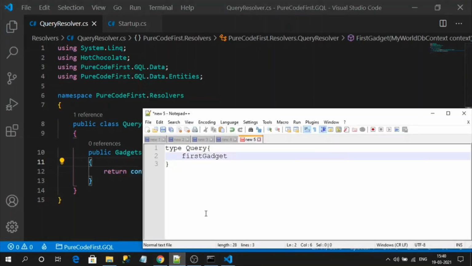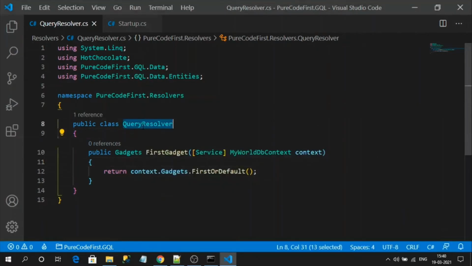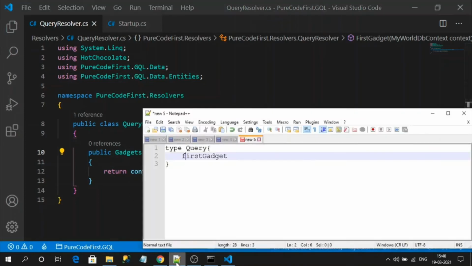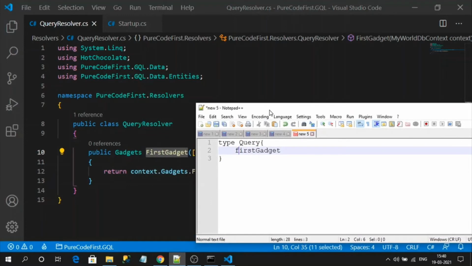In code first, this class will have a mapper class, where we can define the name for this resolver, how it is generated in the schema. That option is available only in code first, because there every class has a mapping class in which we can define the names for the schema. But here we don't have that option. Here the framework auto generates the schema, and the convention is camel case.